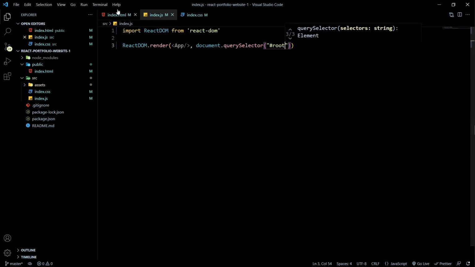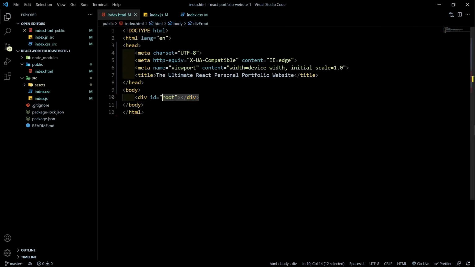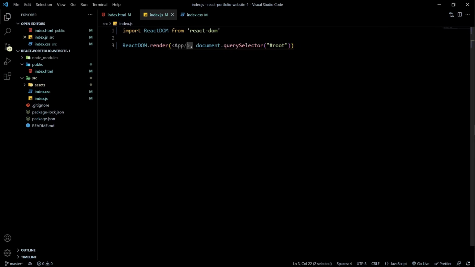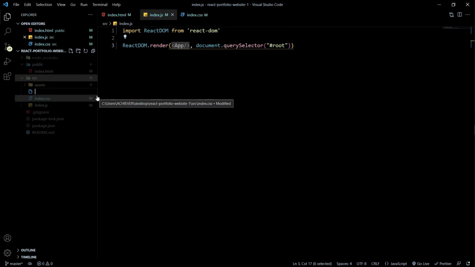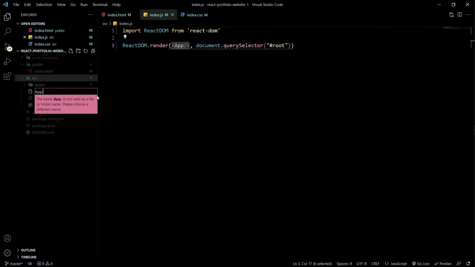Okay, that is this div. We're going to get this and then render this component. So now let's create our app component. Let's create our app component. So I'm going to create a new file called app.jsx,